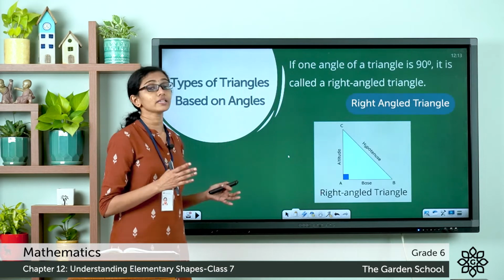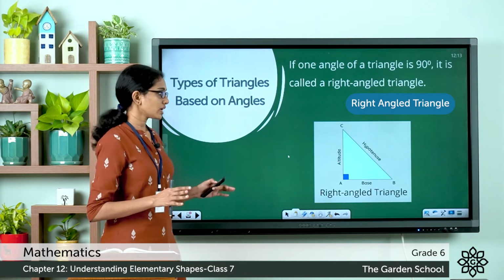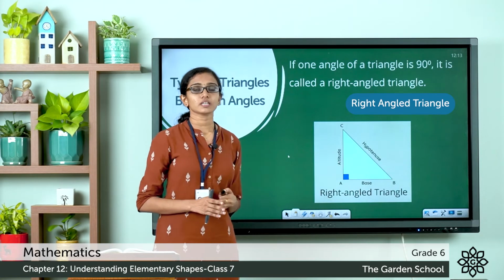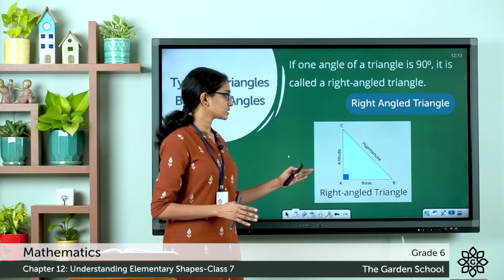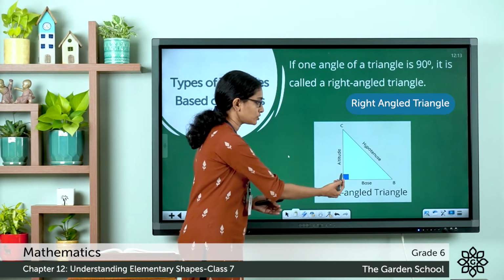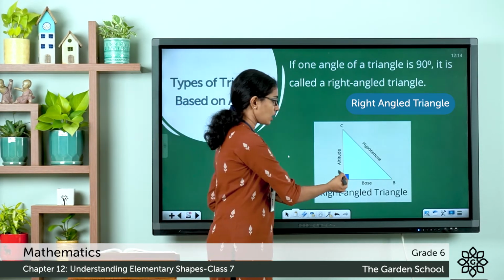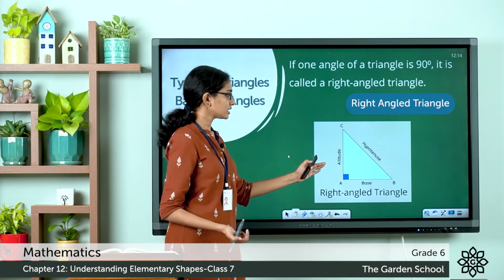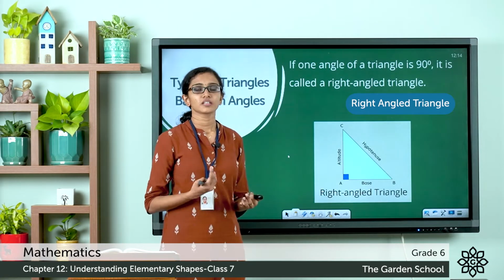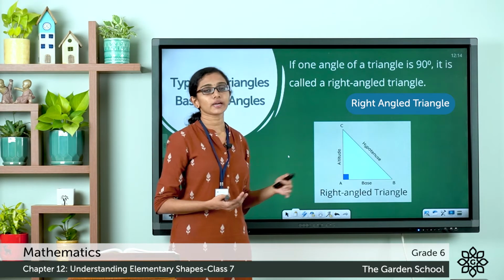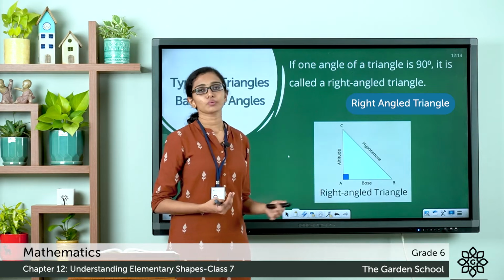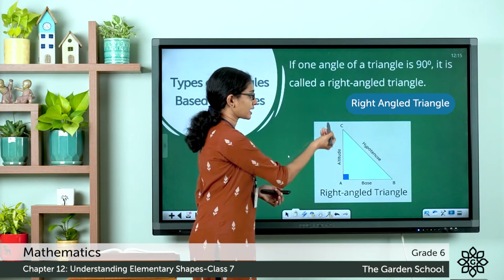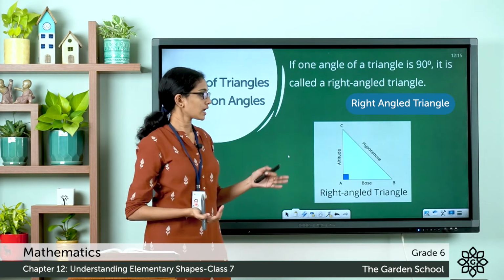This is called a right angled triangle. Here in the picture you can see triangle ABC. One of the angles is a right angle, or one of the angles is 90 degree. Angle A is equal to 90 degree. So this is how we represent a right angle. Angle CAB or angle A equals 90 degree. Now the long side opposite to the right angle is called the hypotenuse of the right angle triangle. The side here is called the base, and the side here is called the altitude of the right angle